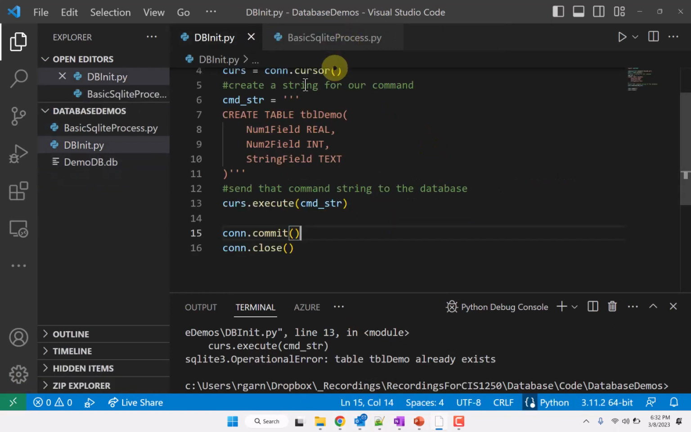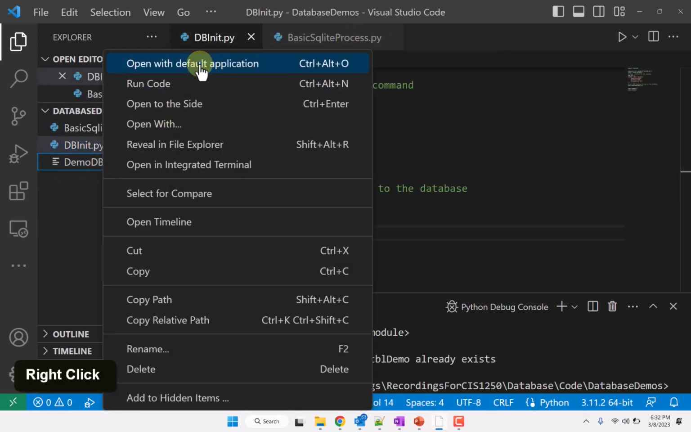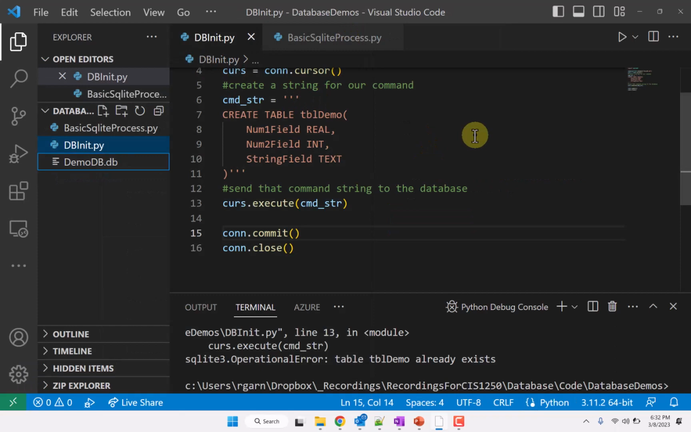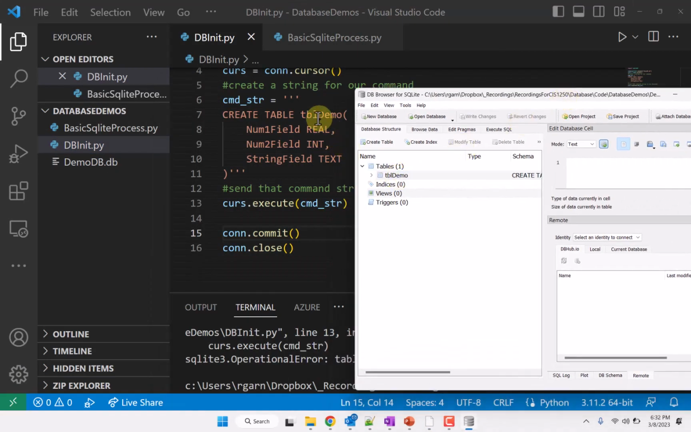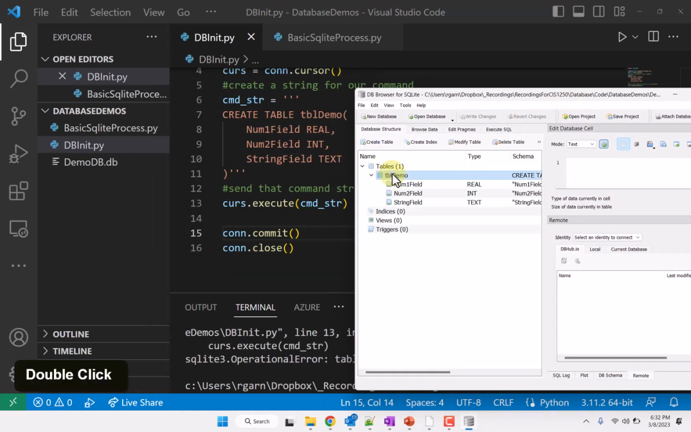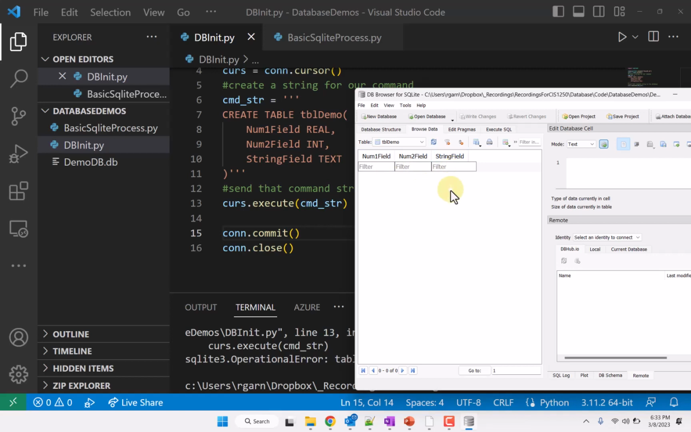We can't open it up that way, but what we can do is go here, open with default application. And there we go. There's our table demo. It's been created under tables. And we can see that it has a num1 field, a num2 field, a string field with real, int and text. And we can click on it and browse the table. And we can see that we have these fields. And right now there's no data in this